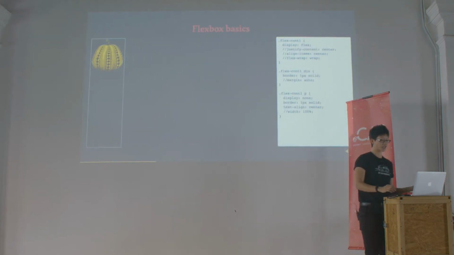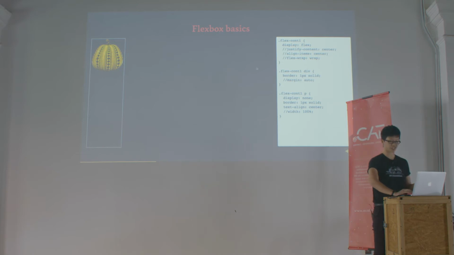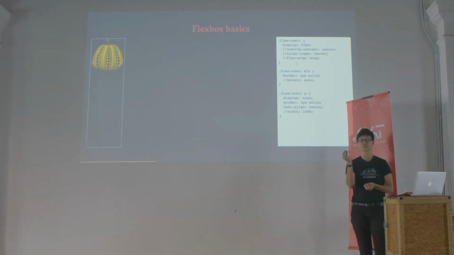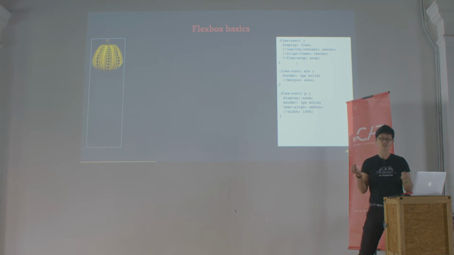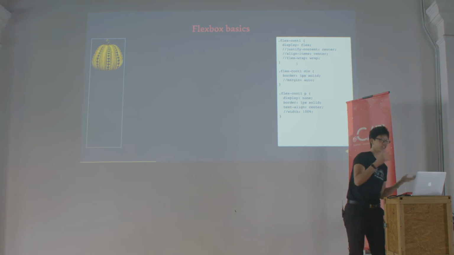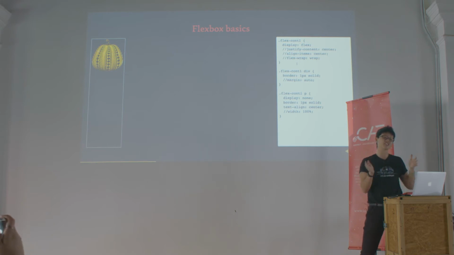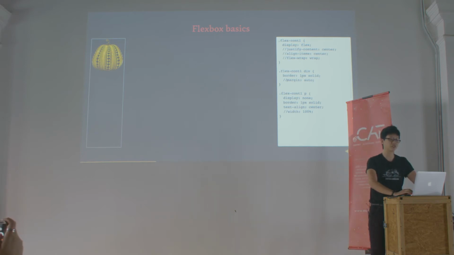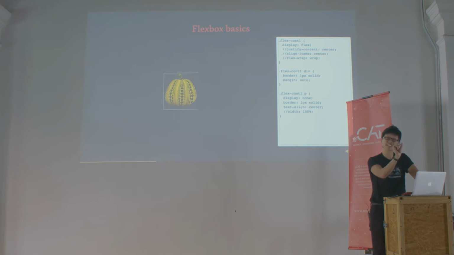So the most basic use case for Flexbox is centering things. And when I first learned Flexbox, I hadn't fully grasped this concept of box alignment yet. So in order to center things, I would dutifully do justify content center and align items center, because all the blog posts I read said so. I only found out much later that if you only have one Flex child, applying margin auto does exactly the same thing. It blew my mind.